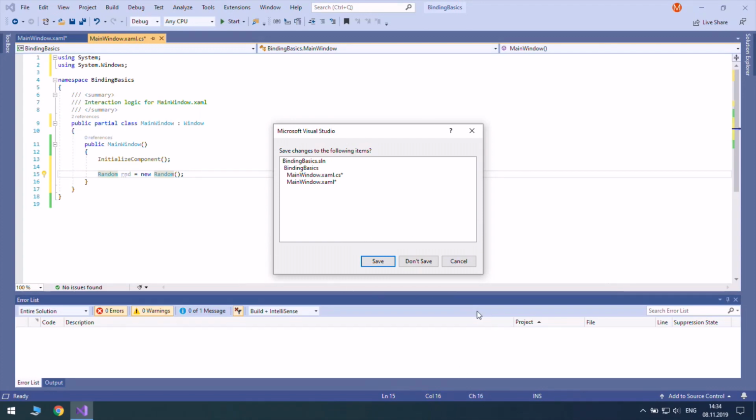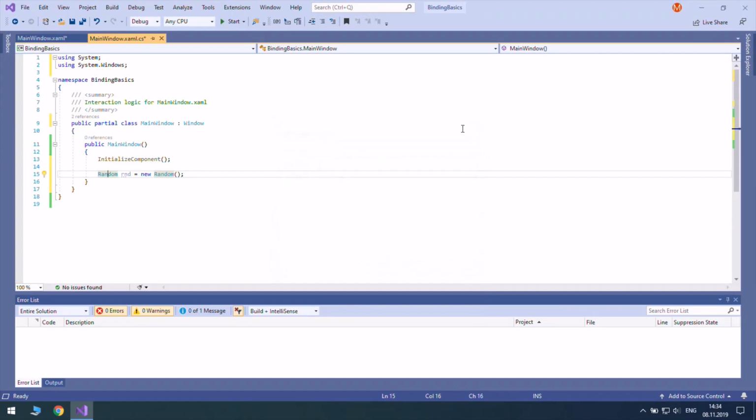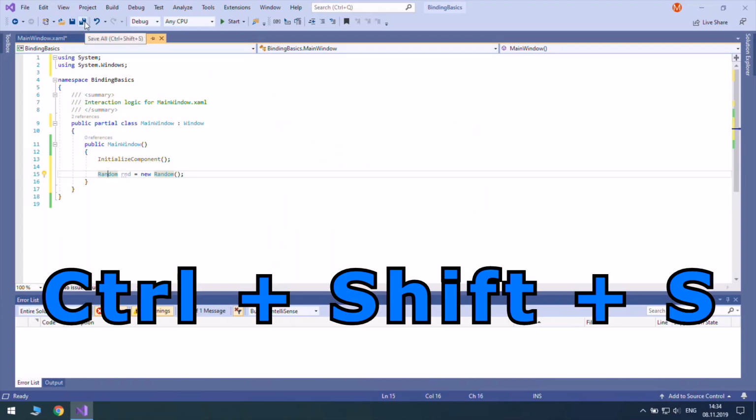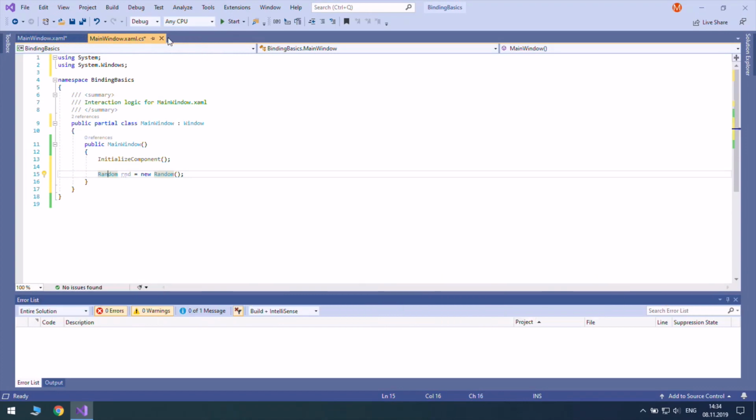But you don't really want to exit every time you have multiple documents unsaved. So this is the button, and its hotkey is Ctrl-Shift-S. So this file is unsaved, this file is unsaved, and imagine 20 other files unsaved. Just hold Control, press Shift and S, and here you are.